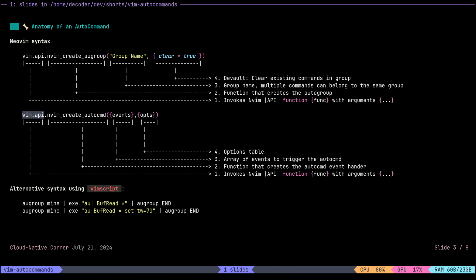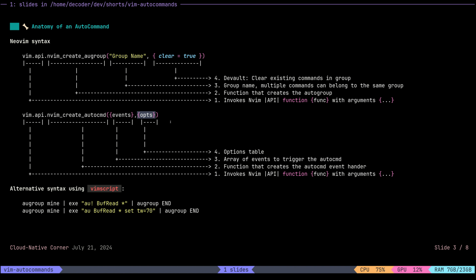Vim API again to access all the NeoVim API functions, and then we use nvim_create_autocmd, and this function accepts two parameters. It accepts an event table. In Lua, everything is a table, and it accepts the options, abbreviated to opts,